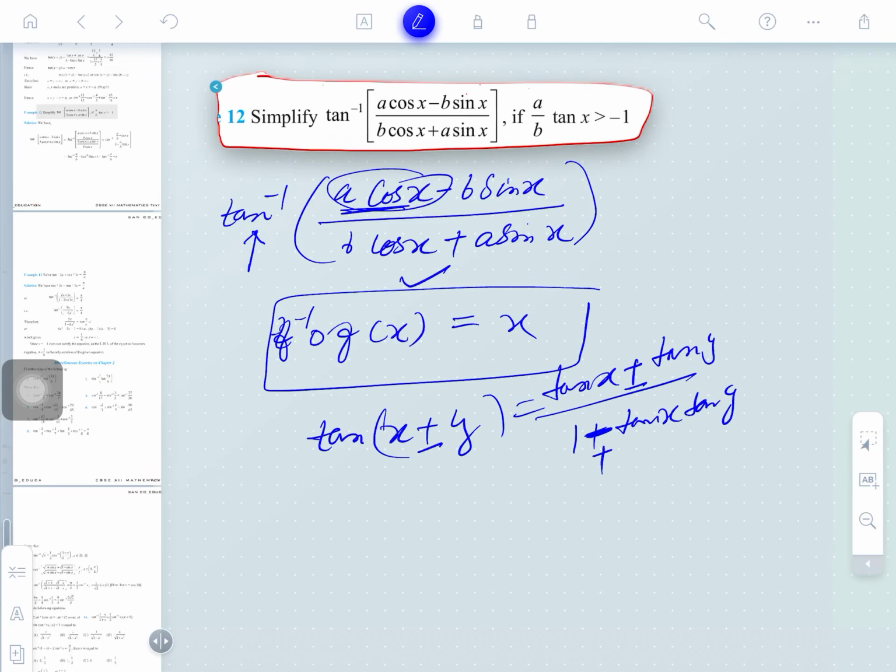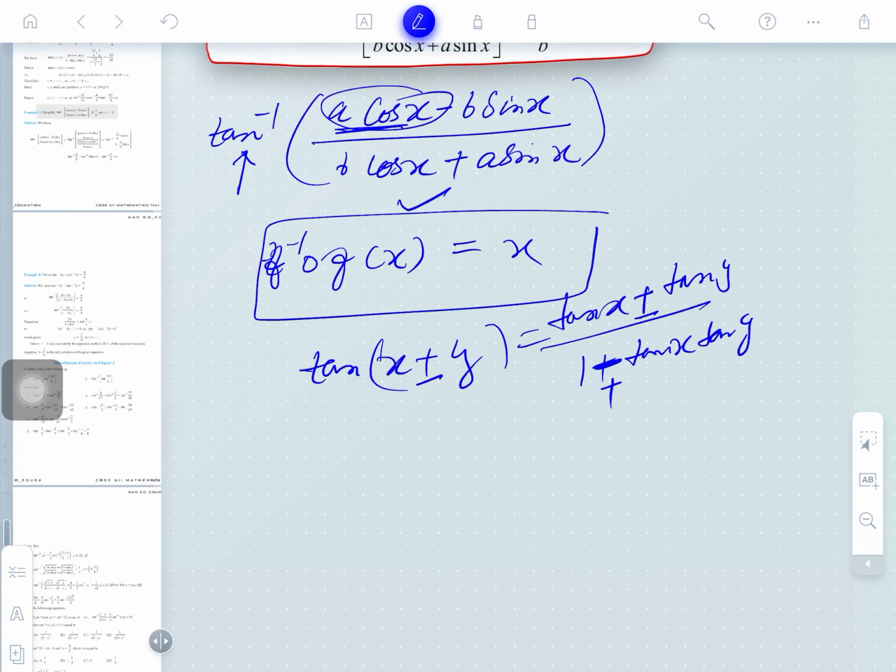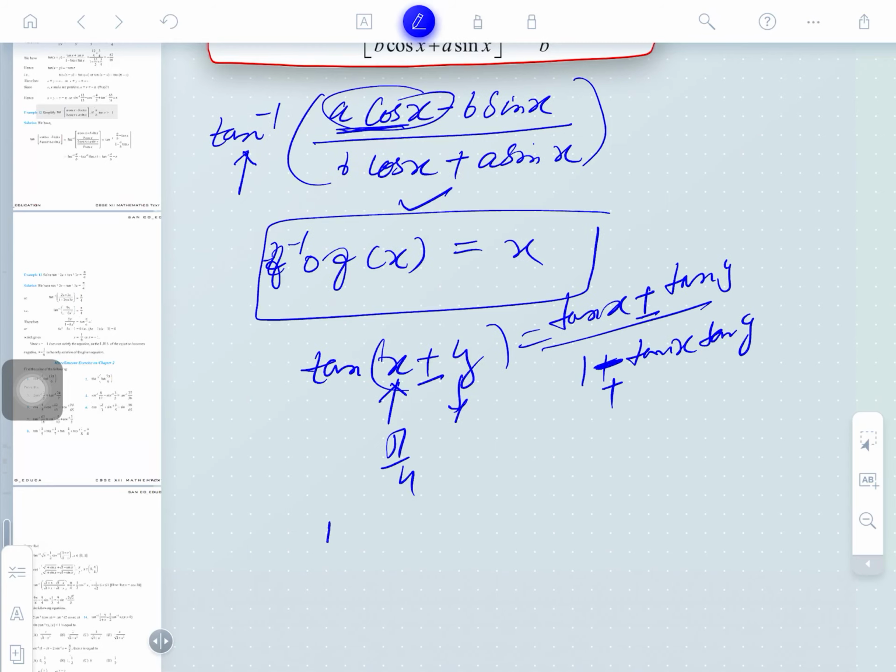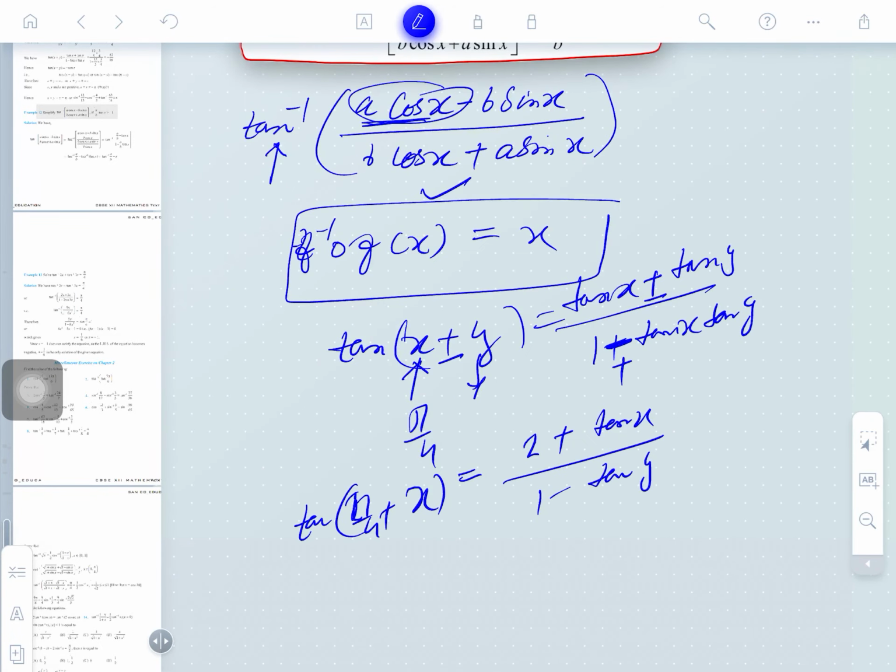So what will you do for that? We can also bring another method, I am telling. Okay, so if I take pi by 4, here I will take some quantity. So what will it be? It can be written as tan of (pi by 4 plus x). So it shall be (1 plus tan x) divided by (1 minus tan x). This is a very important identity. So can we bring this same thing here? Obviously A cos is to be divided here. So is the method working? Obviously we can do this.